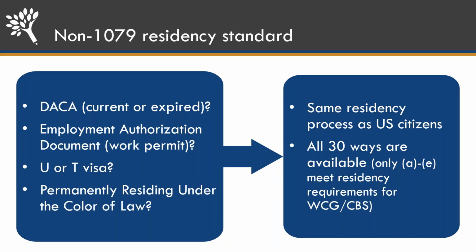So one student that falls in that category that may be surprising to you all is people who are pending asylum. Some of them are going to have an employment authorization document, and prior to a few years ago, they couldn't get resident tuition or aid. But if they have that EAD and they meet one of the 30 ways, they could also get resident tuition and potentially aid. So I hope that answered that question.